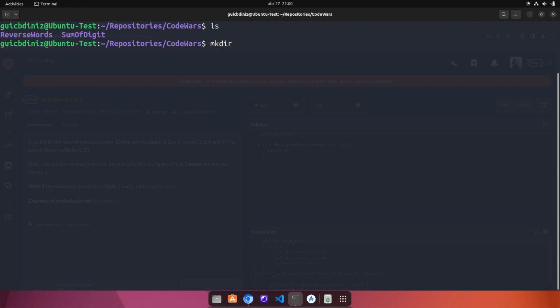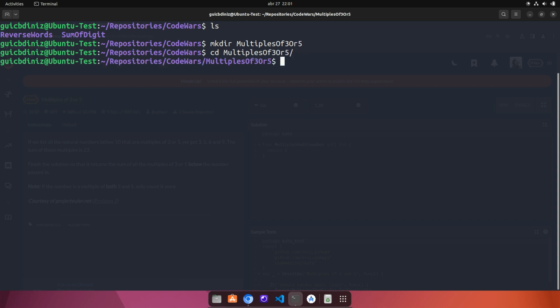Here I have a folder with my latest kata solutions. So let's create one here and initiate a module. I'll use my email's initials and